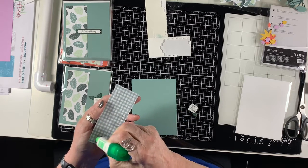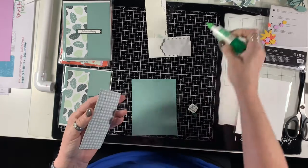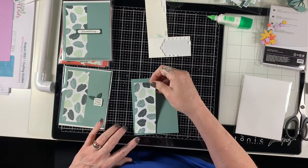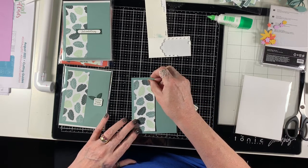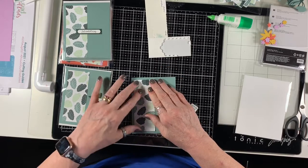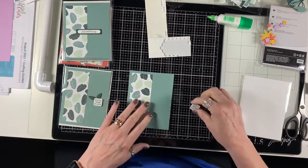The last card that I'm going to make is not hard. It did take some time because I had to cut some stuff out and figure out where I wanted things to lay, and there's not any decorative paper. I actually created all of the leaves and made a little flower pot, so it took a little bit longer, but